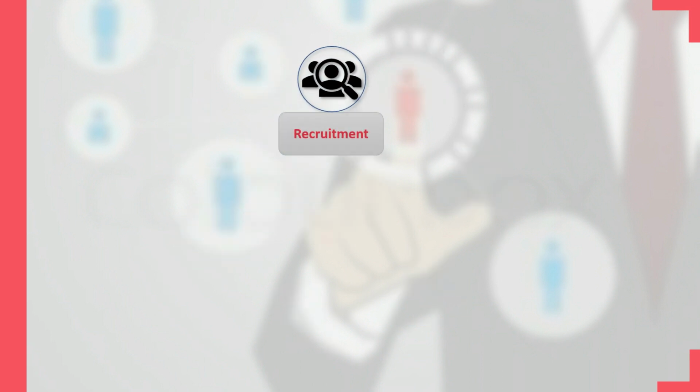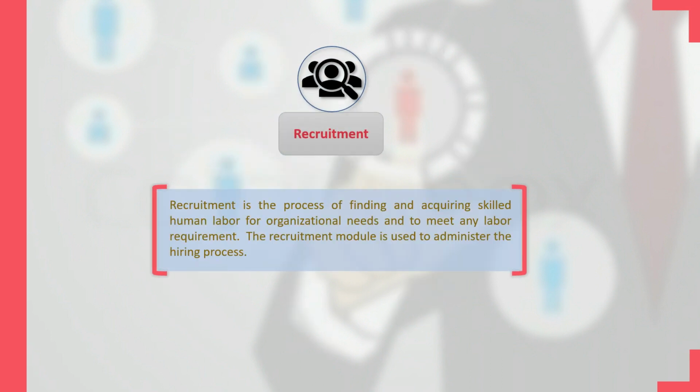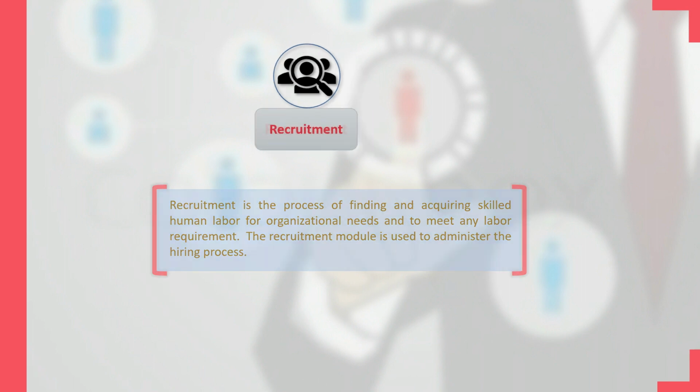Now let's dig into each one of these modules and demystify their functionalities. Starting with recruitment. Recruitment is the process of finding and acquiring skilled human labor for organizational needs and to meet any labor requirement. The recruitment module is used to administer the hiring process. Now, let's look at its life cycle,